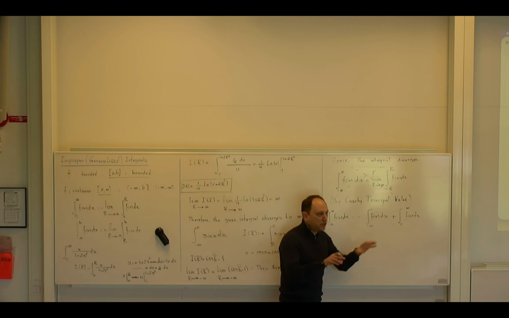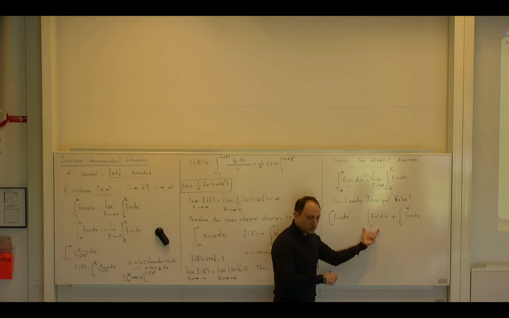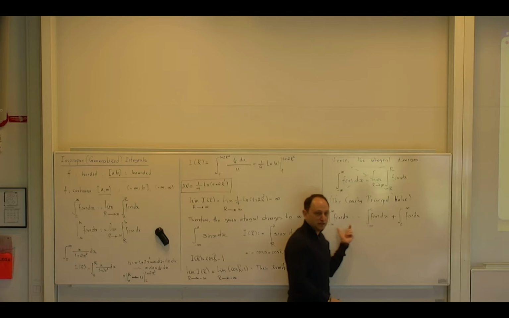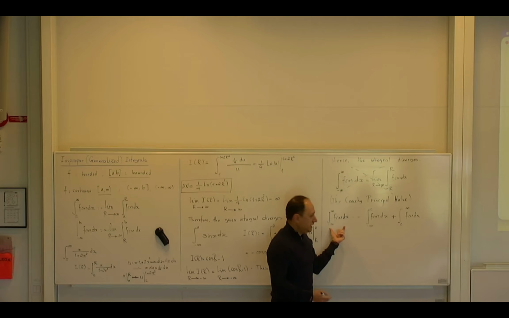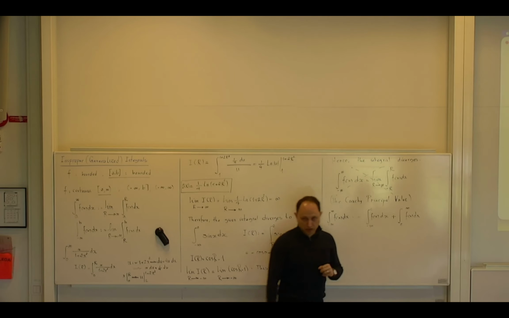If one of them turns out to be divergent, you immediately stop and say that the original integral is also divergent by definition. If one of them works, then you have to go to the other one. If the other one also works, then you say that this integral converges. And if they ask you what is the value of this integral, you have already done these two, add them up, and that will be your answer.